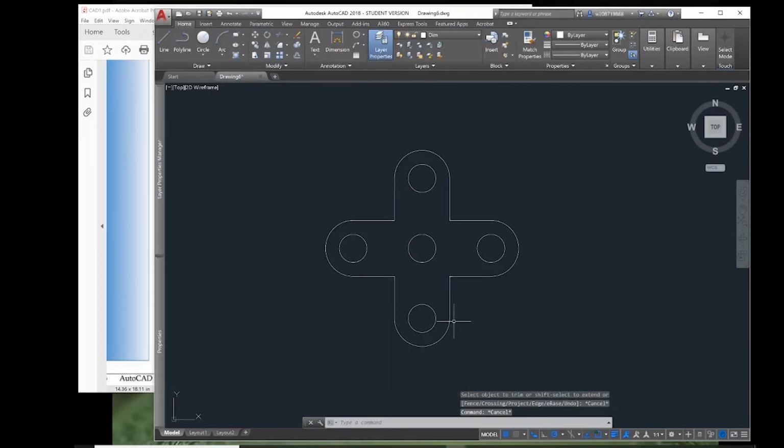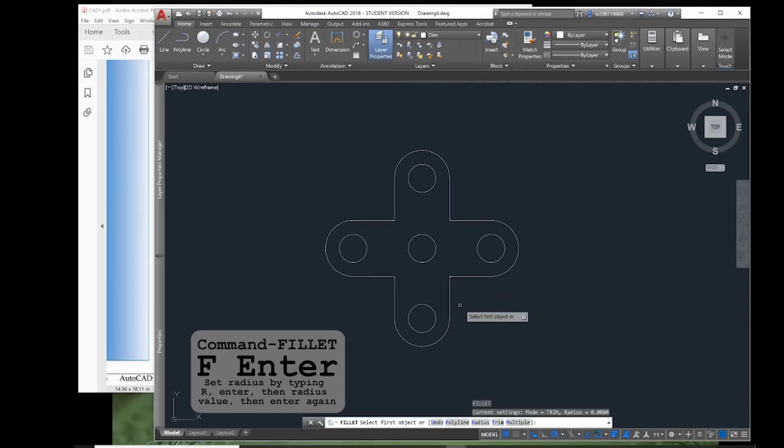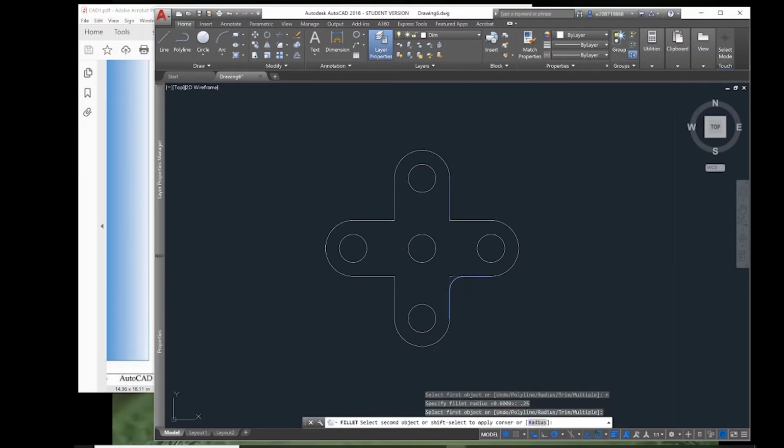Now let's add in our fillet here in the corners of this little plus sign. The fillet radius is 0.25 according to the drawing, so I'll grab the fillet tool using the shortcut F enter, and then I'll set the radius by pressing R enter, and then type 0.25 enter. Now all I have to do is select the 2 lines that make up the corner to be filleted,